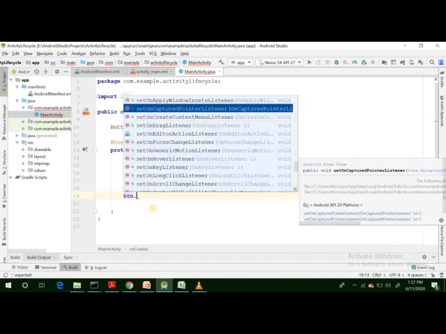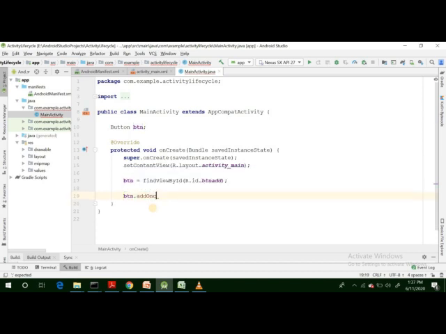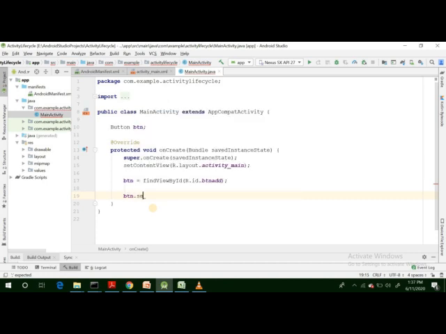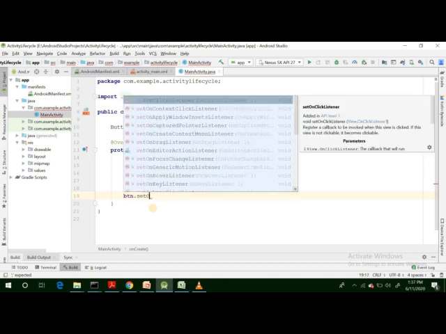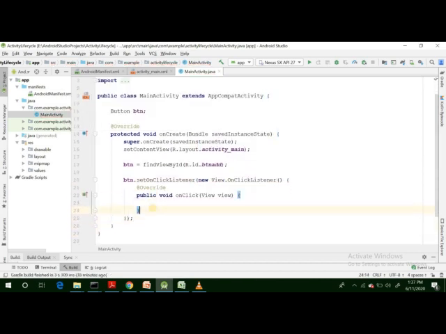There is a listener called OnClickListener, and we can implement it.